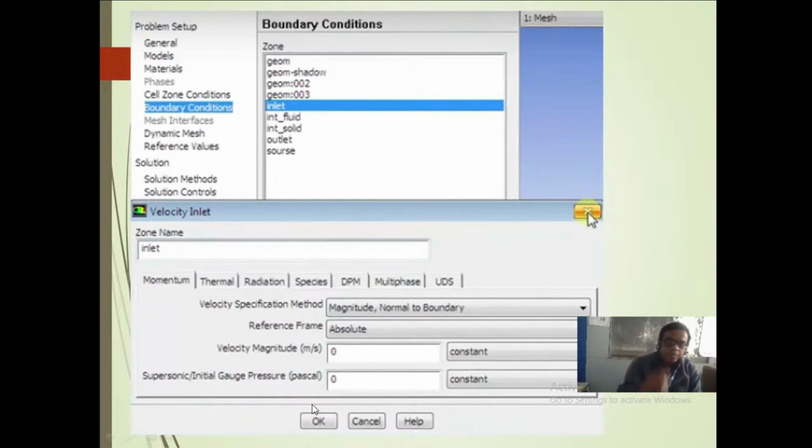Then radiation, species if there is species transfer, multi-phase, discrete phase modeling, user defined function, you can also select those, but right now it is velocity inlet only.